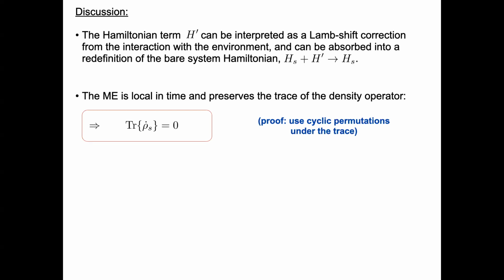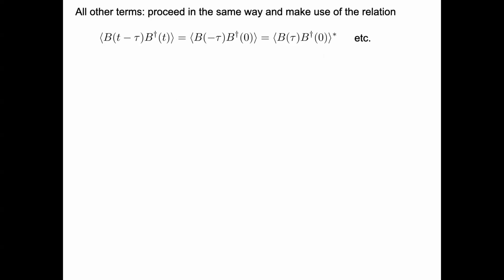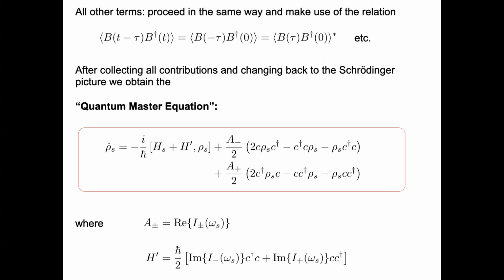Having now obtained these results, you can first worry about whether we did all the calculations correctly, and whether this equation makes sense at all. At some stage you have to write down this master equation, for example for the exam. Then half of you will mix up the order of these c's and c daggers, which is natural because you haven't worked a lot with it. So how do you check that you get it correctly?